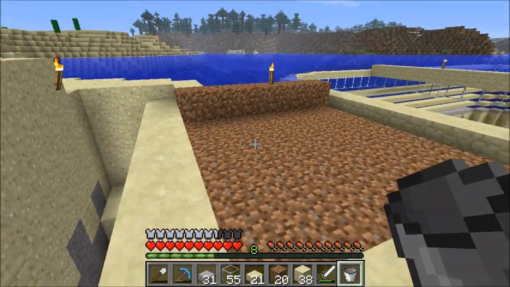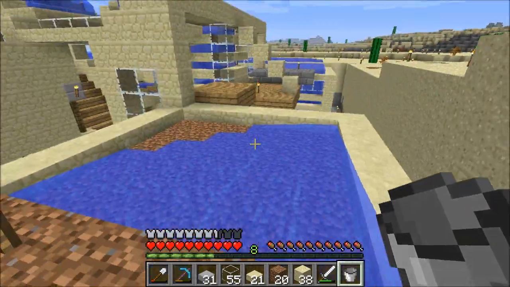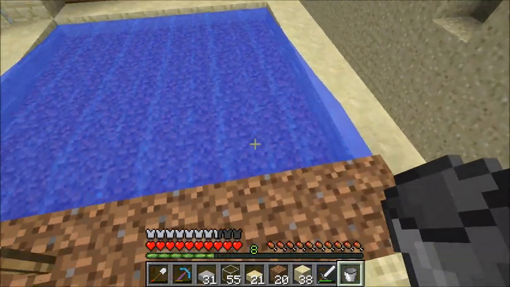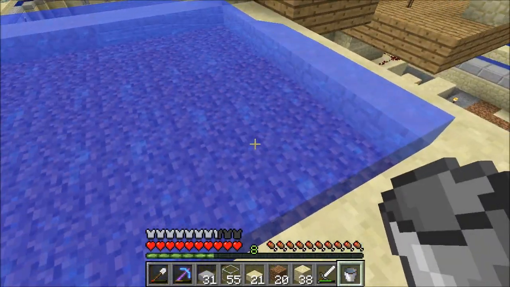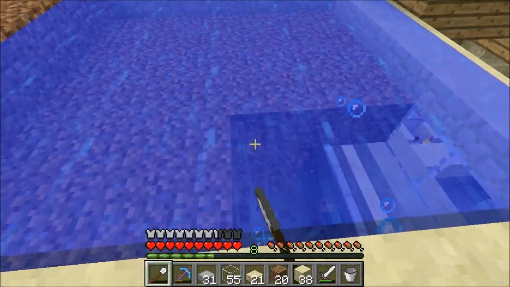Okay, so I have this side ready, and I'm going to show you the alternate method you could use to fill this up with water. And as you can see, I've made a dirt platform, and now I'm just going to fill the top up with water, which shouldn't take too long. And there we go, so the whole thing's filled up, and now what you would need to do is remove all of the dirt like this,